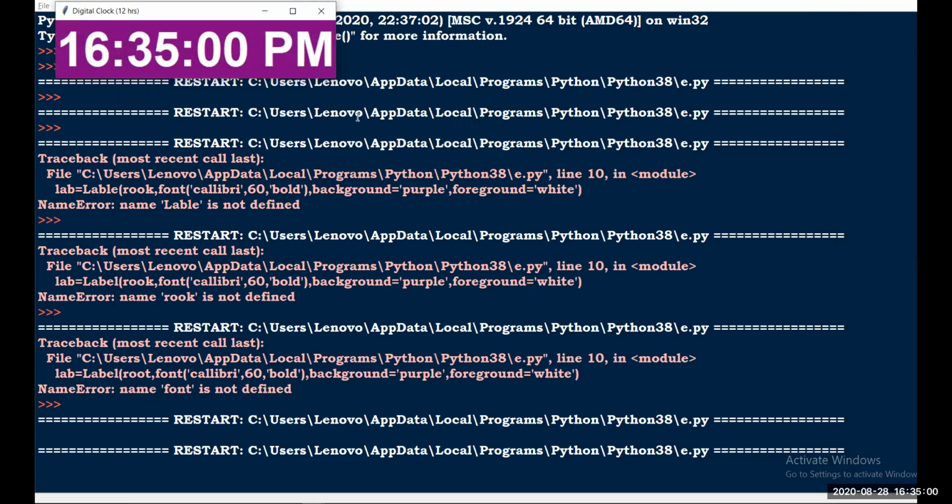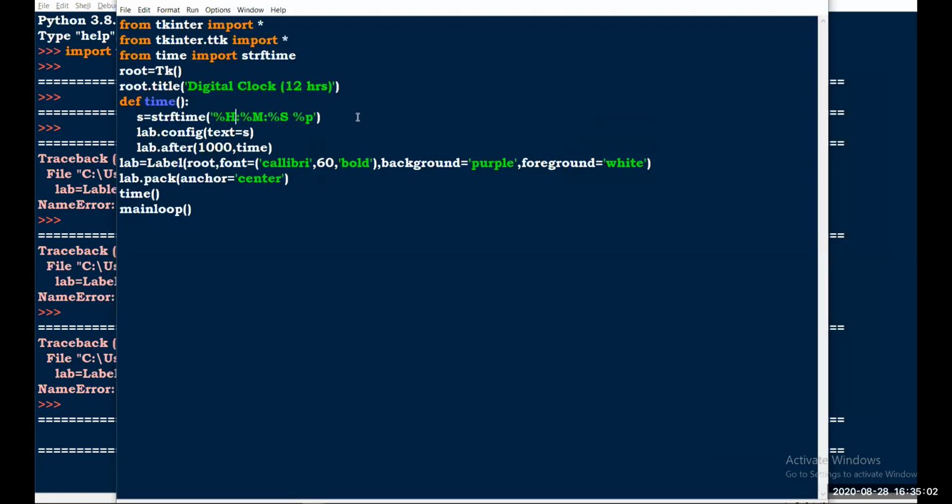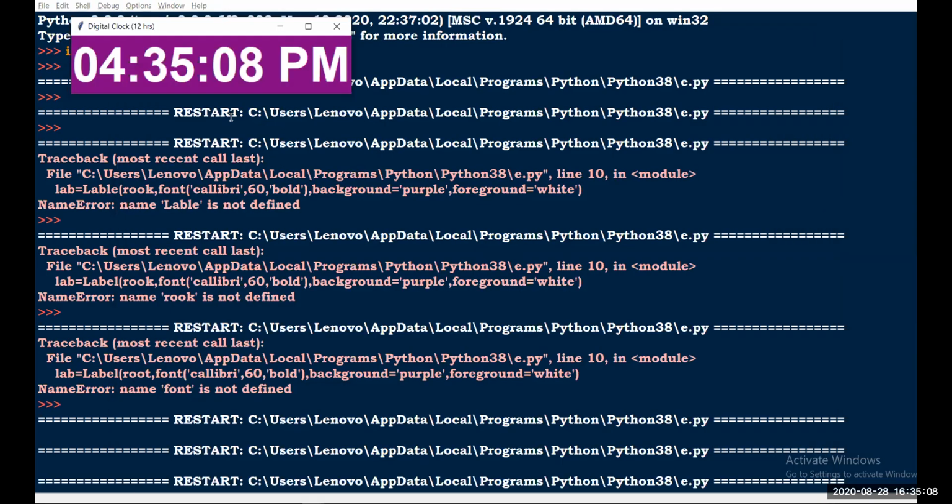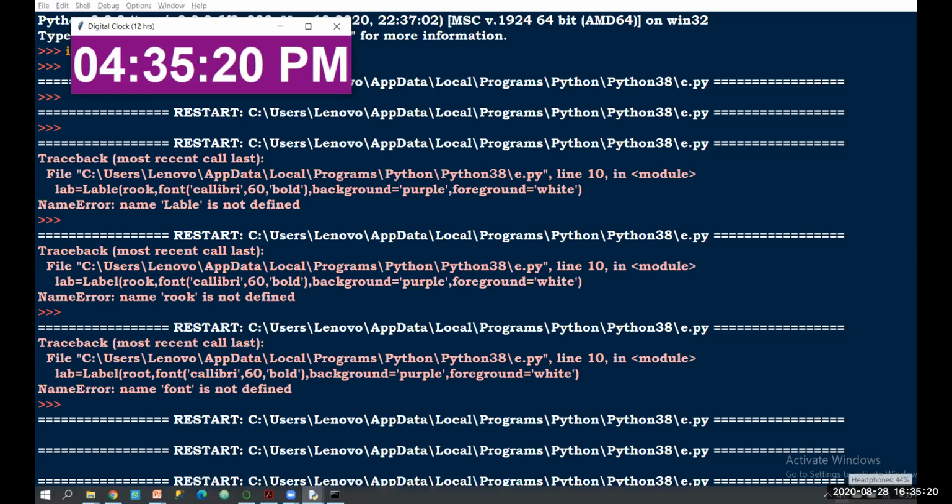And now I'm going to run this. Now you can see it turns to 4:35 and 12. So the seconds are running, and the time is now 4:35, because we are using the time module to get that result.